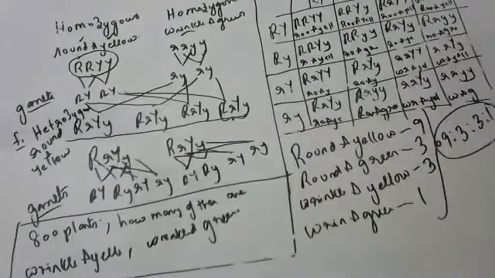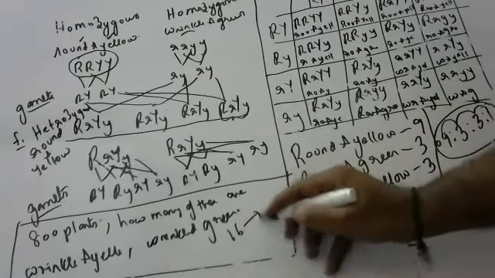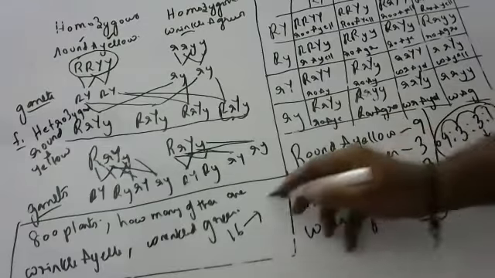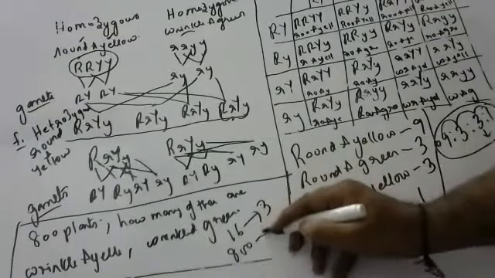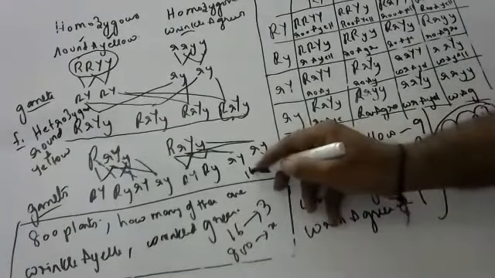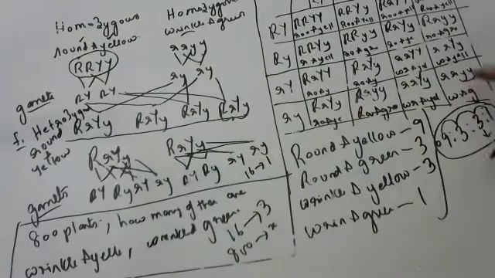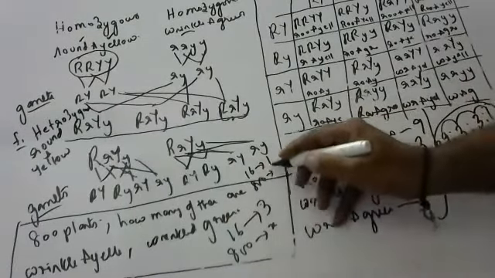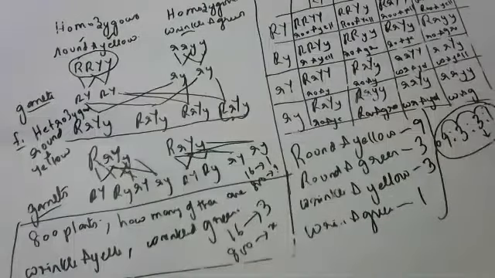Very good. Fantastic performance. So what she's saying, Pranati, is: for 16 plants, if we got 3 wrinkled and yellow, for 800 plants, how much? That's all. Cross multiplication. Simple. Very good. So it will be 150, I think, children. It will be 150. And for wrinkled and green, out of 16 only 1 you got, wrinkled and green. So for 800, how much? 50 will be the answer.